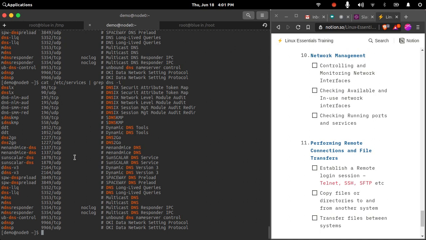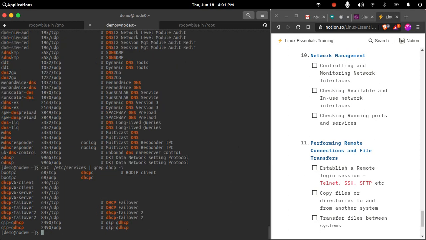These are the port numbers that are dedicated for DNS services. 53 is the port number actually. I don't know why it is not showing here. DNS or DHCP 68. Yeah.